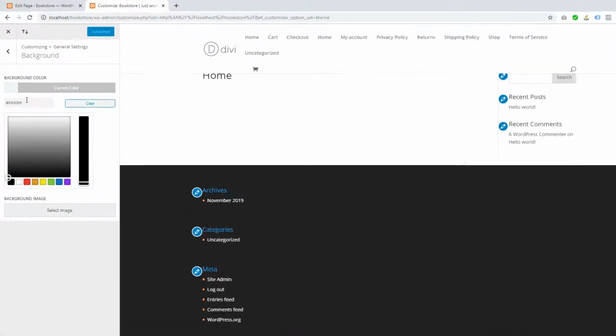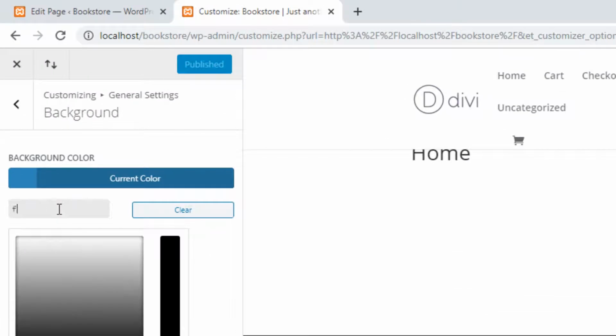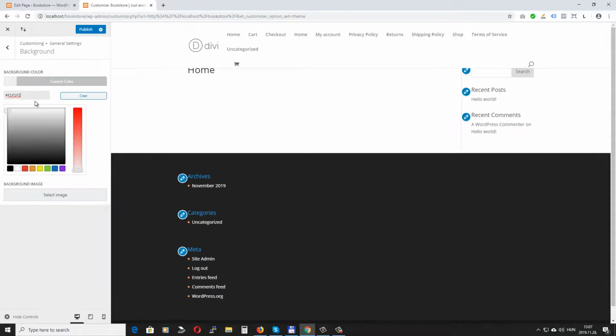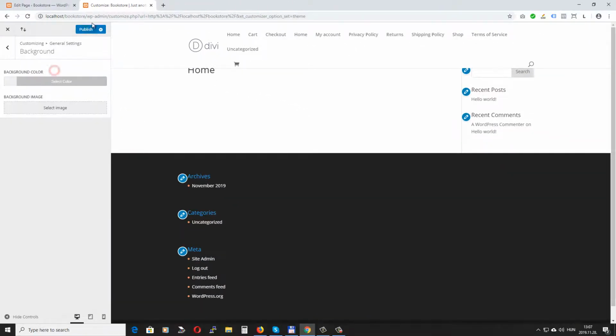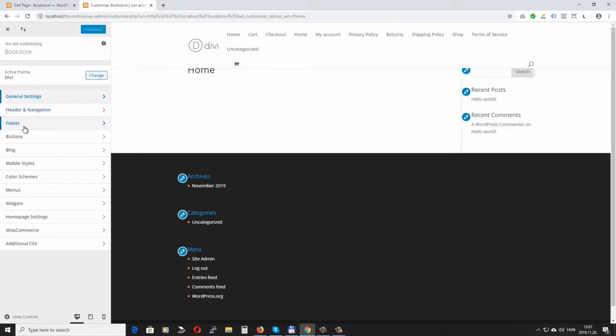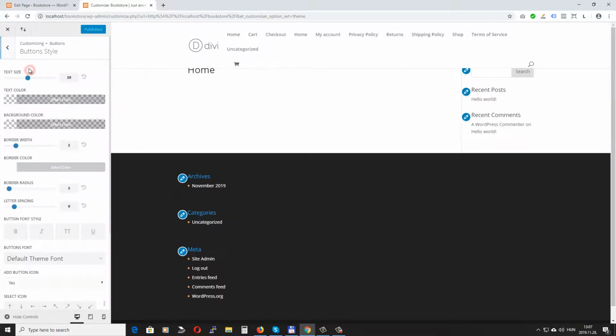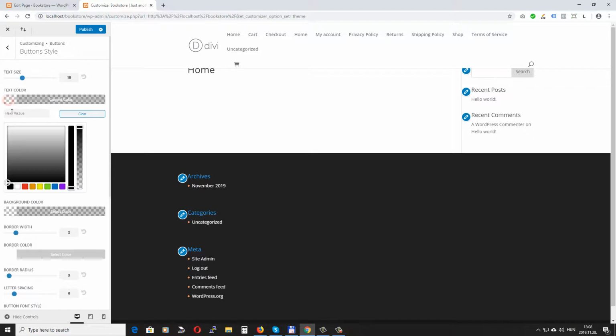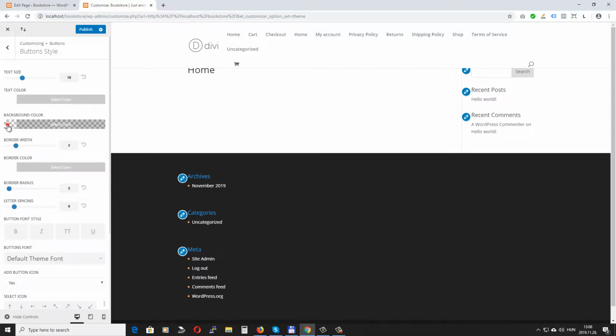For the background color, F1F1F1. Click publish. And we can add some global style for the buttons. Okay, text size should be 18. Text color should be white. The background color